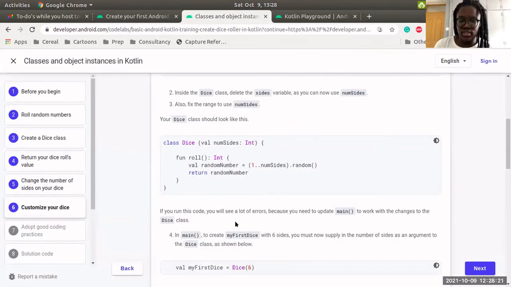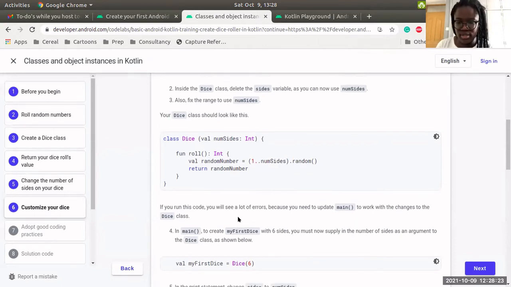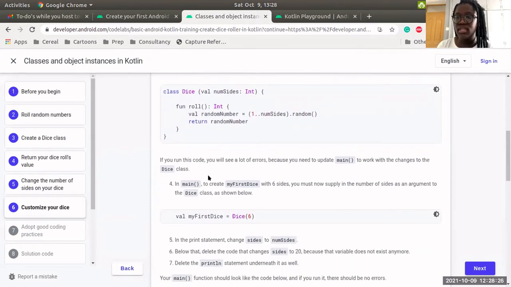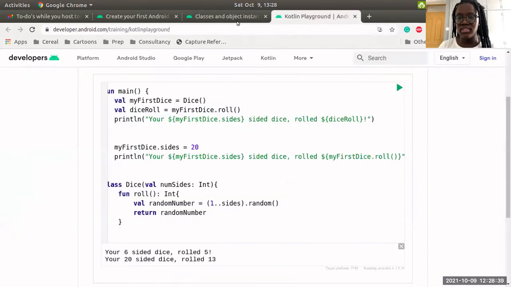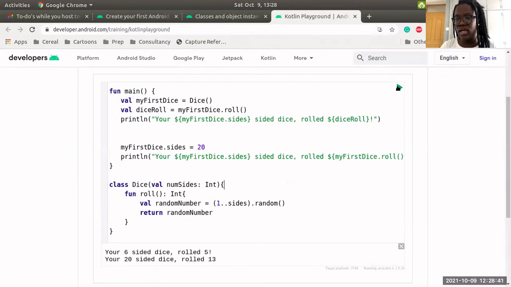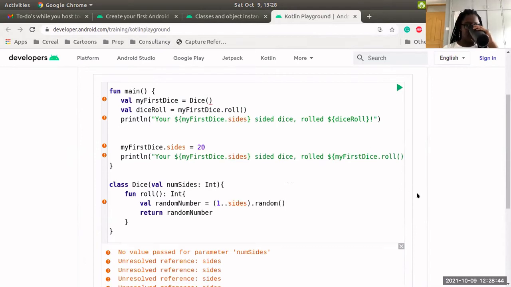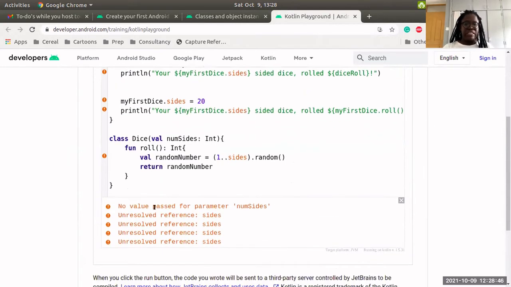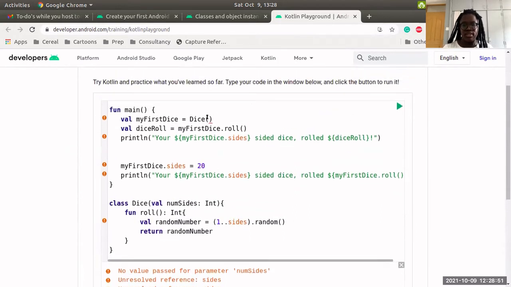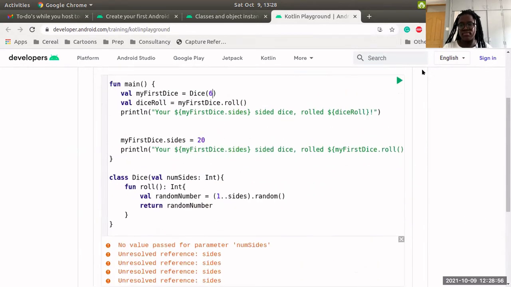So if you run this code, you're going to get some errors as expected, because now when we are initializing or creating an instance of our dice class, it needs to take in a certain argument. And in this case, it's the number of sides that the dice is going to have. So let's just run that and see the error that we get and how we can fix it. So: no value passed for parameter number of sides. So let's just give that a value and call it 6 for the average dice. And when we run that,